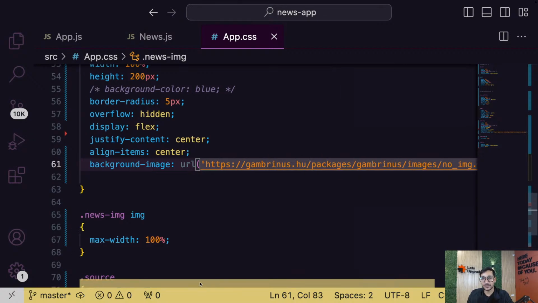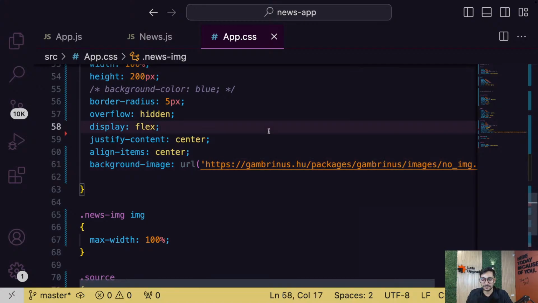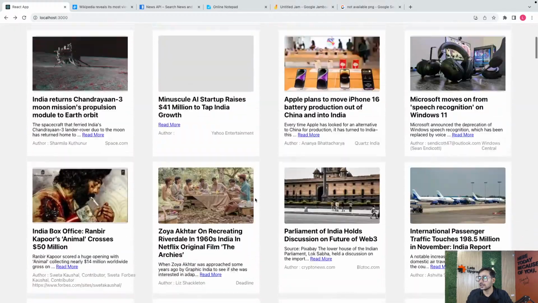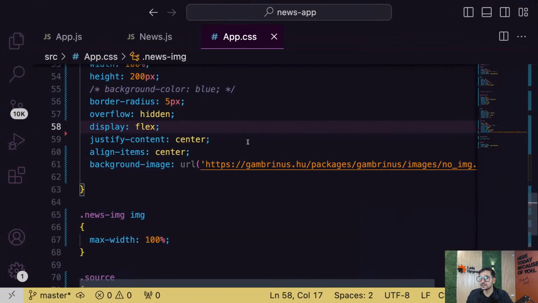So now what will happen? If your image is available, it will come on top of this background. If it is not available, then this will be there. And now if you see, is it quite big? What's happening?